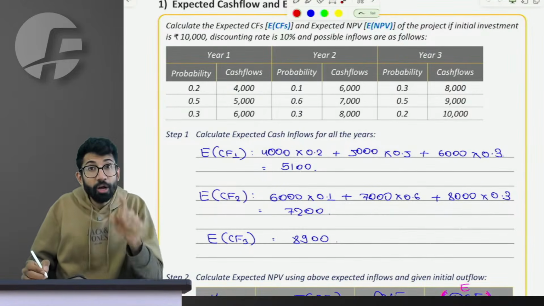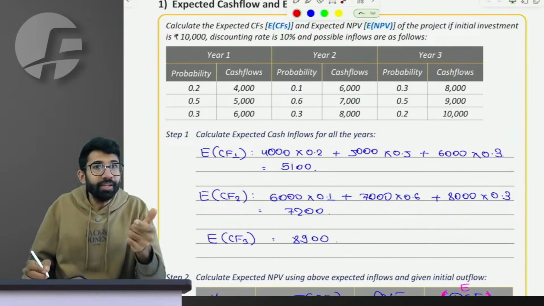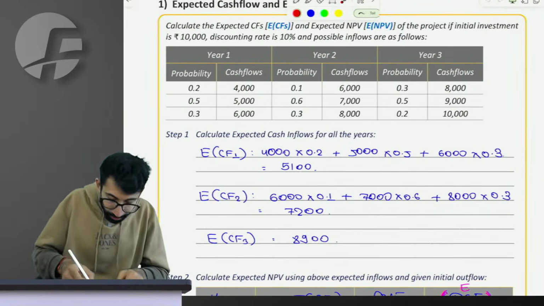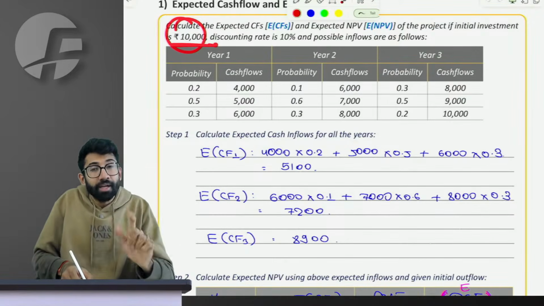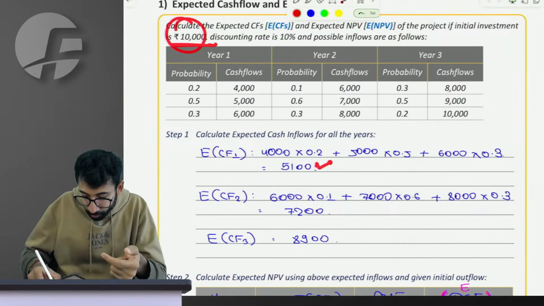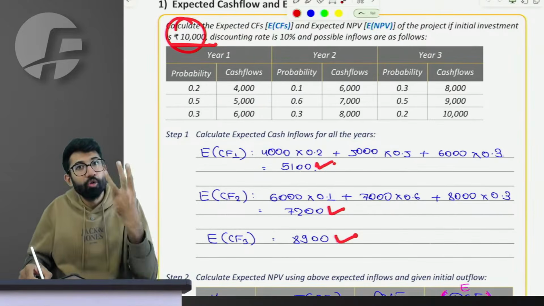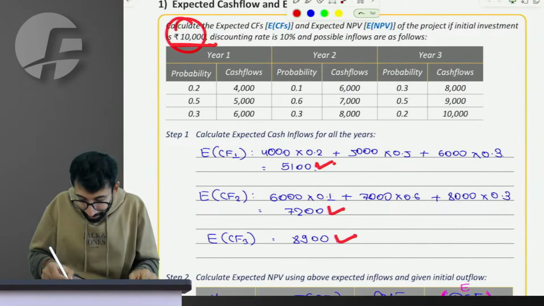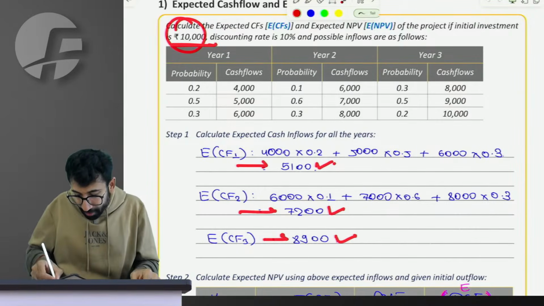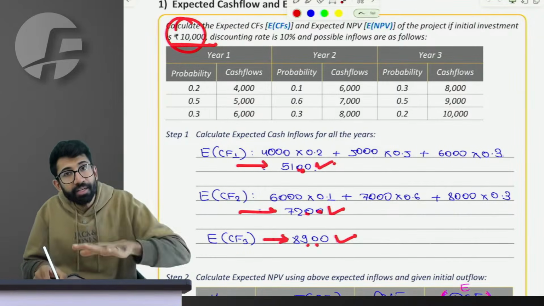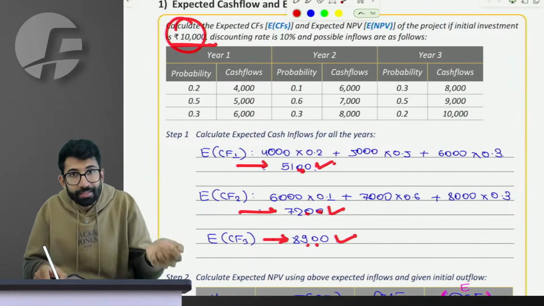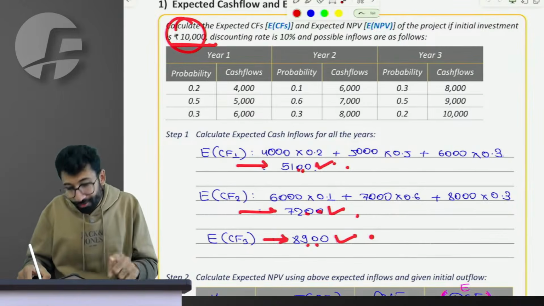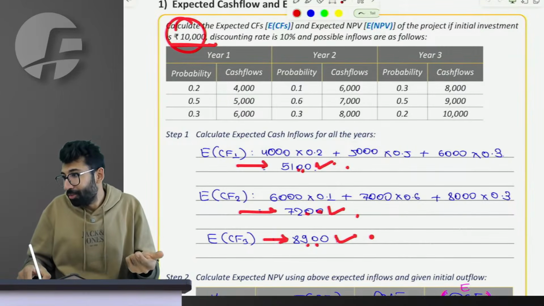So, sir, now my question to you all is, do you agree that it has now become a simplified question? My initial outflow is this and I am expected to have the inflow of this, this and this over a period of the next 3 years, then what is my NPV? Is it that I will receive these cash flows for sure? No. There is uncertainty, the cash flow may be more, may be less, but on an average I am expected to receive this. So if you have to calculate the NPV now, can you all do it?